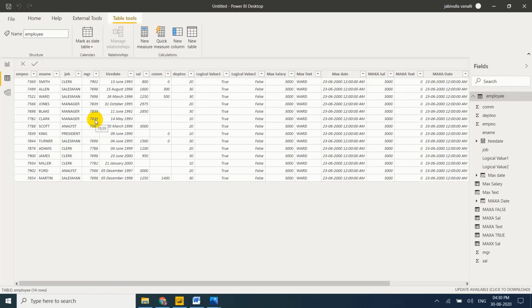Now I want to find the maximum salary of those whose job is manager. If you observe here, manager 1, 2, 3 is there and their salary is also different. So in this scenario, by using filters, we can filter the data. Right click, new column.